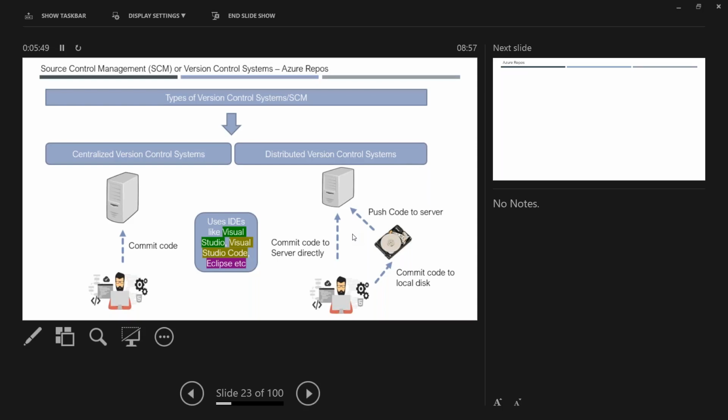Now everybody is using Visual Studio Code, and for Java people there is Eclipse, and for Python people there is PyCharm, but everybody is moving to Visual Studio Code for scripting. So these are the different IDEs you use to develop your code and to work with your source control or version control management systems. You need to know these two differences, centralized and distributed.